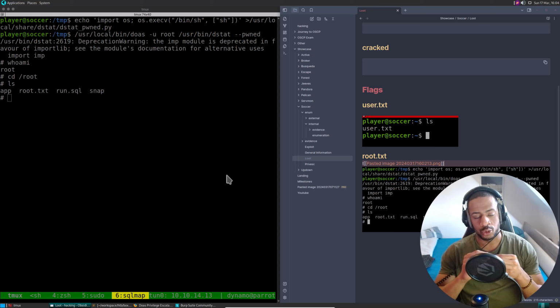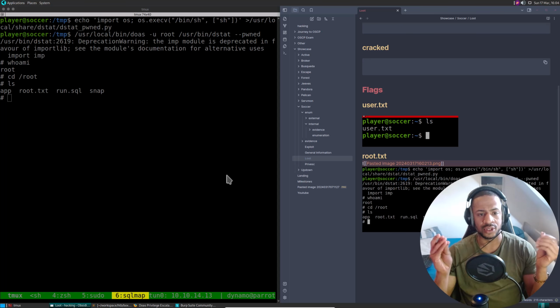Then we were able to enumerate the database, find a user and a password, SSH into it, and enumerate the internal system as player. We found some binaries with the SUID bits enabled.